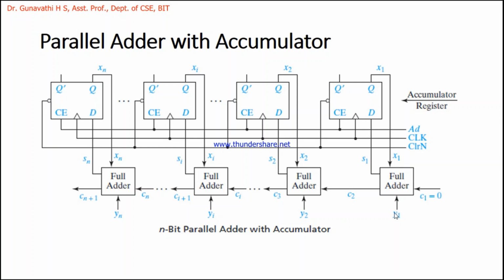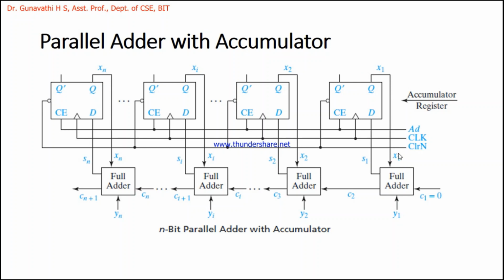Here I have not considered it as a register. It's taken as n inputs separately. So Y1, Y2, Y3, Yi, given in general, till Yn, these are the n-bit input. This n-bit data is already in the register. Now we need to add this bit with this. So how am I going to do it? Using a full adder, extracting this data and this data.